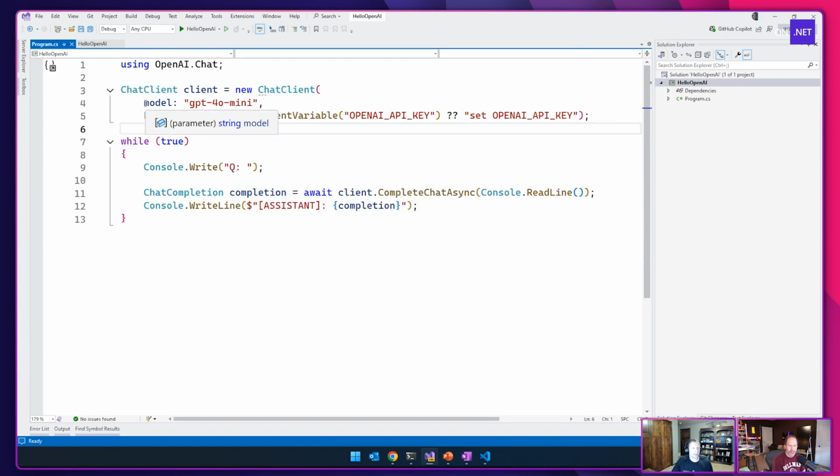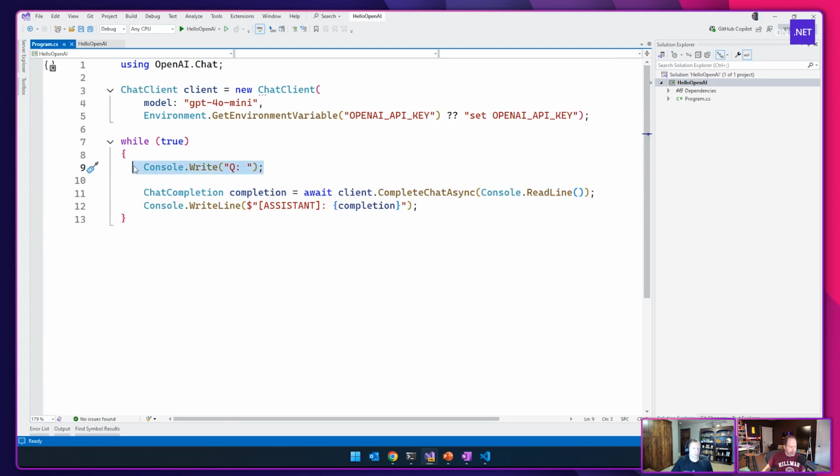I can new up one of those chat clients, and it takes two things. It says, what kind of model do you want? I picked GPT-4o mini, which is new, but it's smaller than the pure GPT-4. And then it takes an API key. You need to sign up with OpenAI, give them a couple dollars, and then you get an API key, and now you can start calling them.